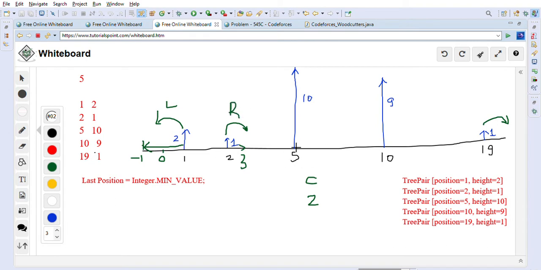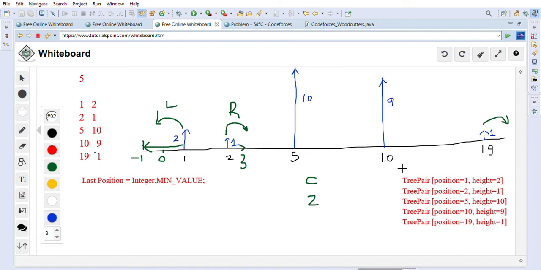Then we will go here at number 5. This tree has a height of 10, right? So we cannot fall this tree on the left side. Why? Because if we fall this tree on the left side, it will go from 5 to -5, so there are other trees already present here. If we try to fall this tree on the right side, it will occupy a segment from 5 to 15, right? 5 plus 10 is 15. So there is already a tree present at 10, so we cannot fall it left, we cannot fall it right. So we cannot fall this tree basically.